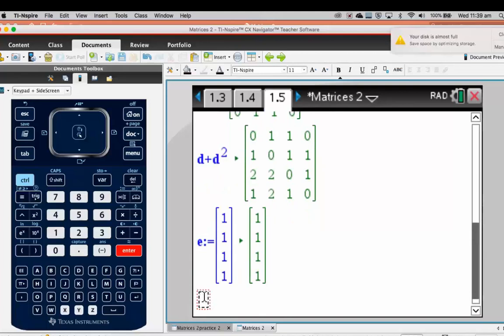So I can quickly total my D plus D squared by